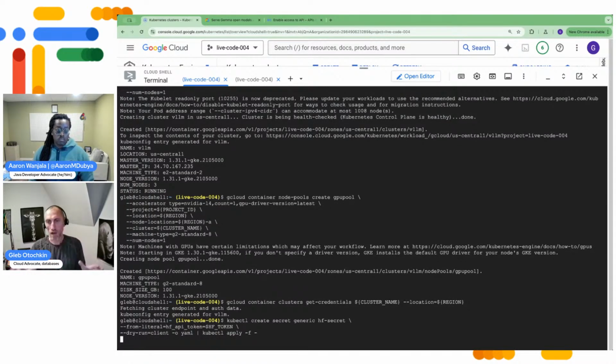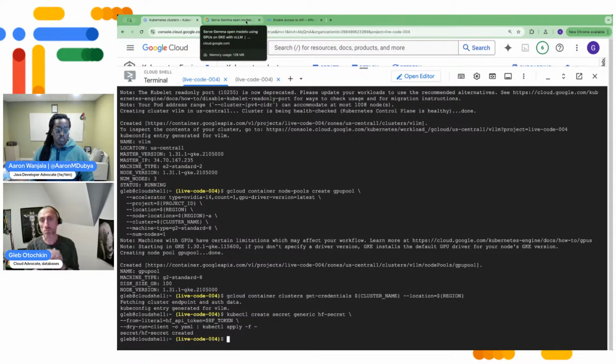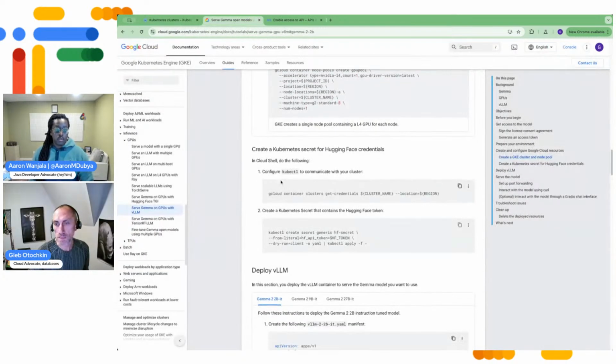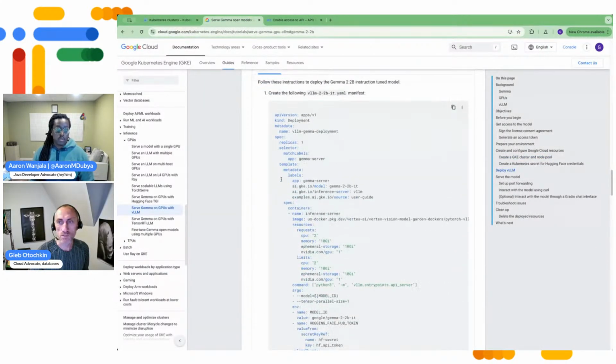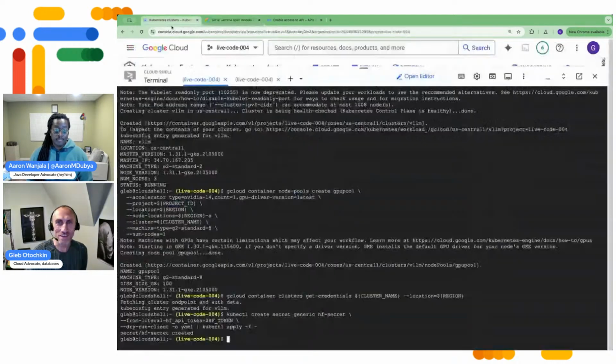What I'm doing right now, I'm going to deploy the model. So we created a secret with the Hugging Face token. And now we are going to deploy the Gemma 2B model to the cluster. Okay. And to deploy, we need to create a YAML file. So you can see we have an example YAML file, and I'm not going to even change anything here. I'm just going to copy and paste it to my file. Let's say vi my Gemma